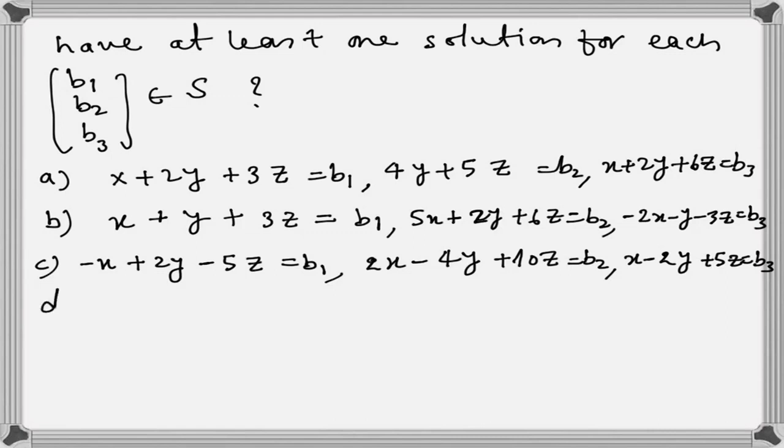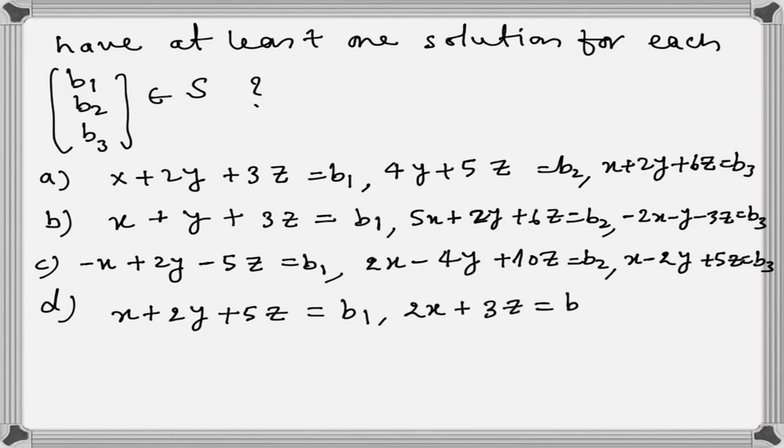Part D is x plus 2y plus 5z equals b1, 2x plus 3z equals b2, x plus 4y minus 5z equals